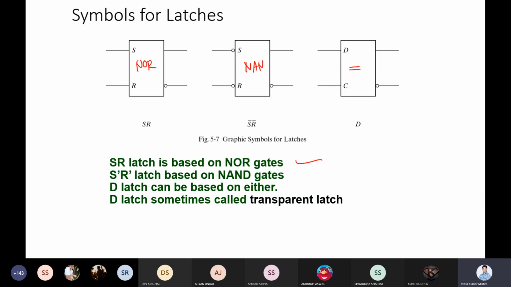You can utilize any one of them. Now here you can see there is no clock input. So this is the symbol of latches where we do not have a clock. Slowly we will see the symbol of flip-flop as well, where the clock comes into the picture. Guys, any doubt till this point?